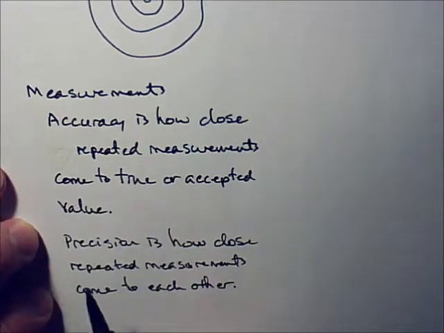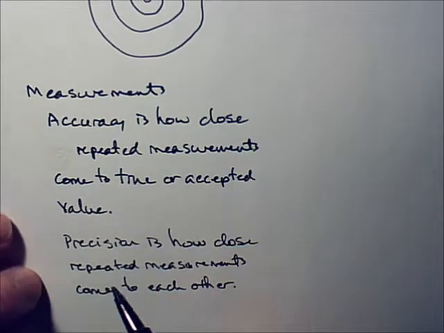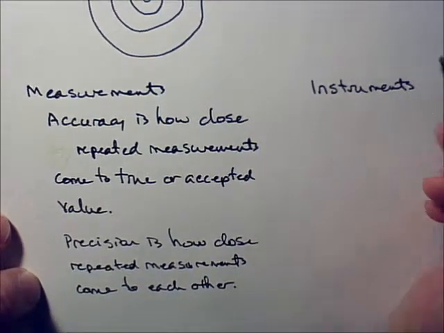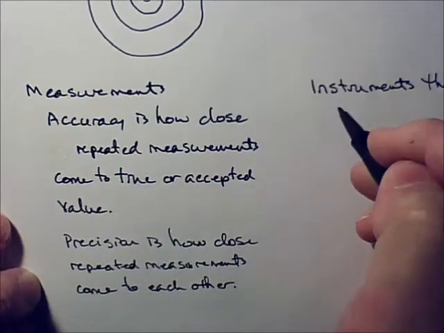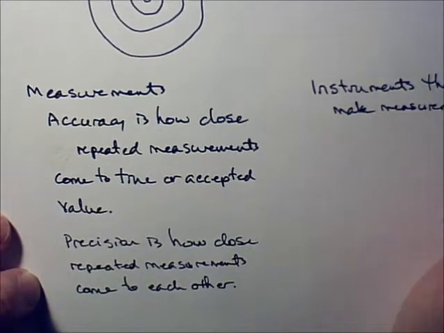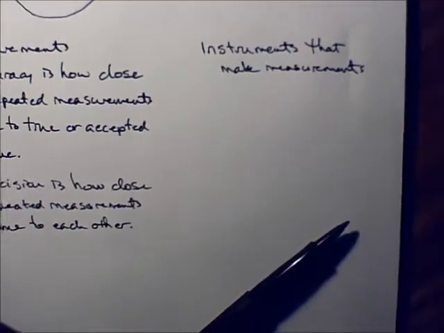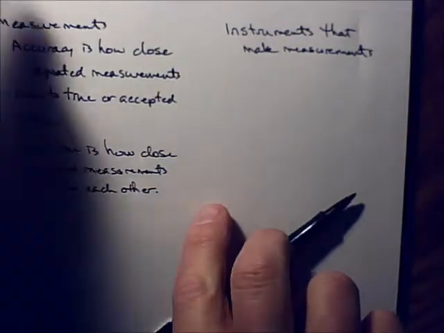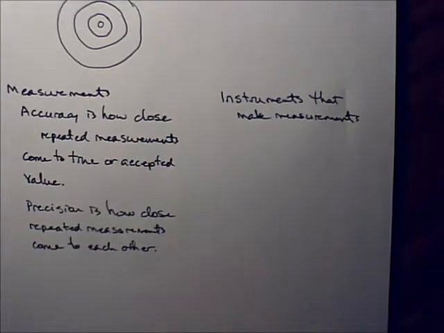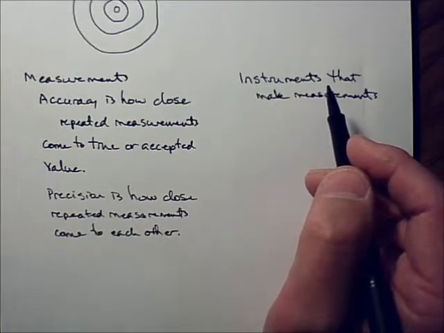Well, that's measurements. But accuracy and precision also refers to the instruments we use to make measurements. Okay? Instruments that make measurements. Let me raise this up just a bit, maybe, to kind of see the whole thing together. So, when we're talking about instruments that make measurements,